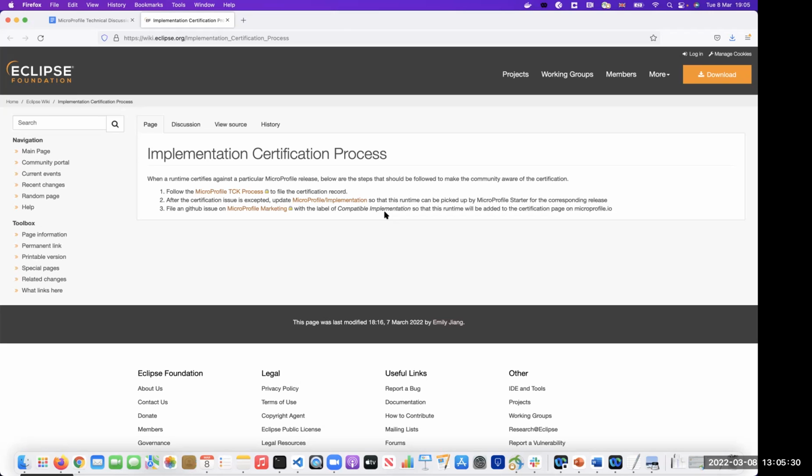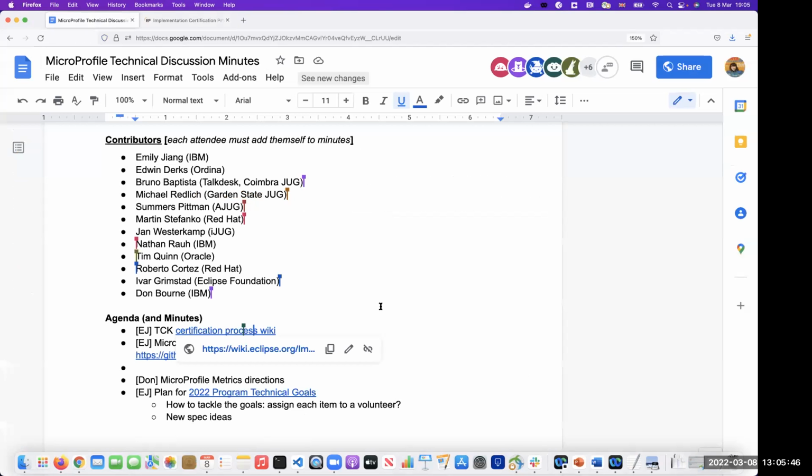The page is being drafted by Ryan, so hopefully in a couple of weeks we'll be able to see the draft of that compatible implementation page. So this is one thing. The other thing is